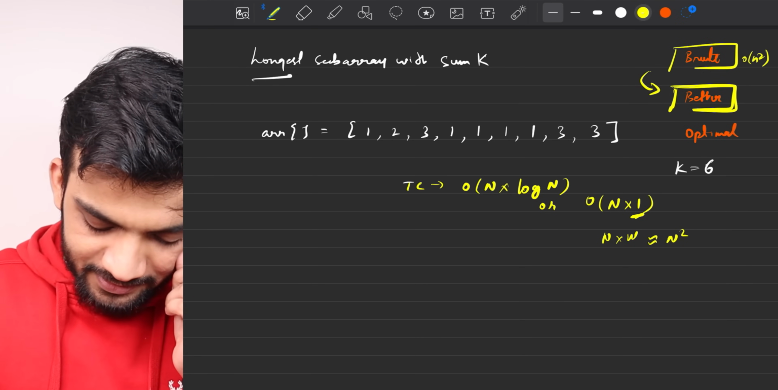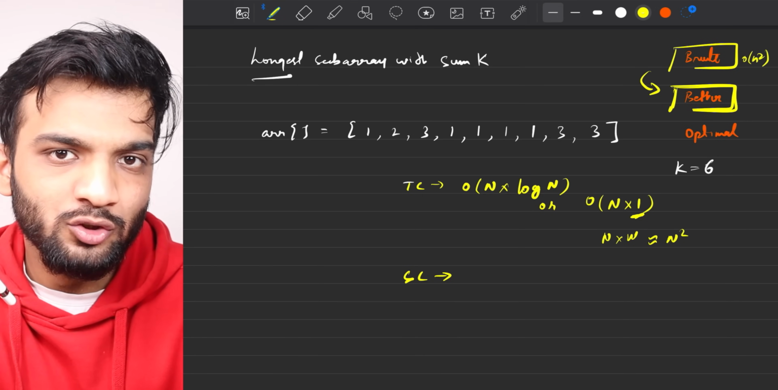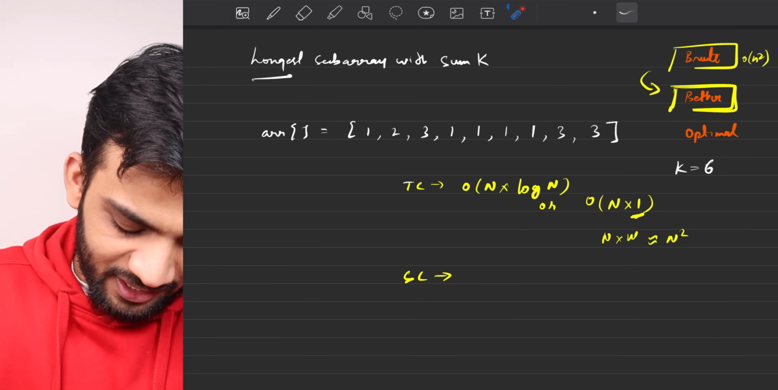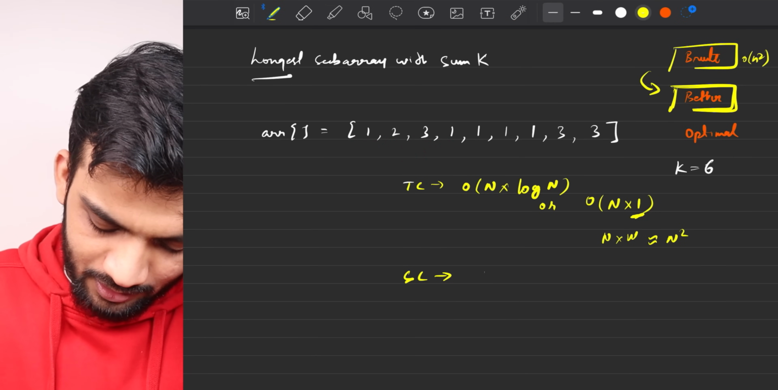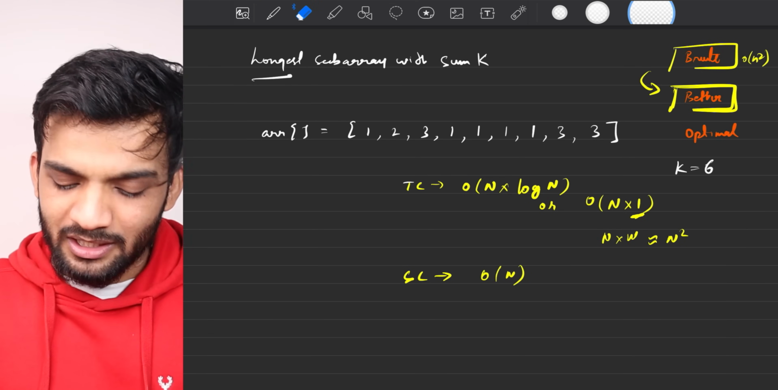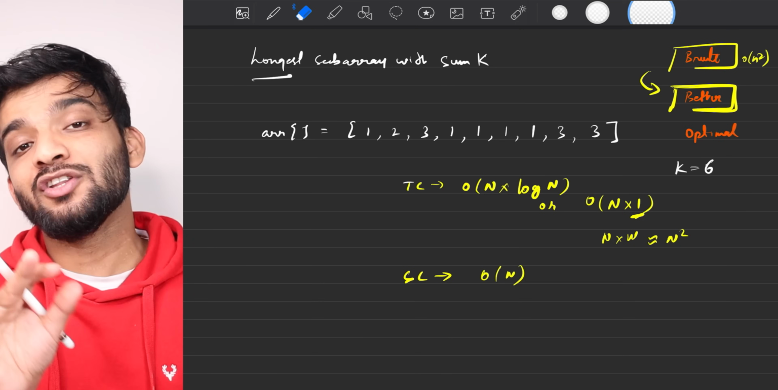What will be the space complexity? We're using a hash map where we are storing every prefix sum. So in the worst case, every index will have an individual prefix sum, thereby a big O of n, because all the prefix sums are stored. So this will be the time complexity and the space complexity for the better solution,